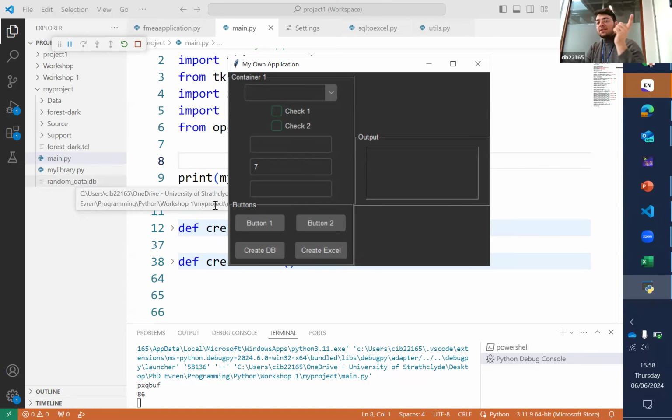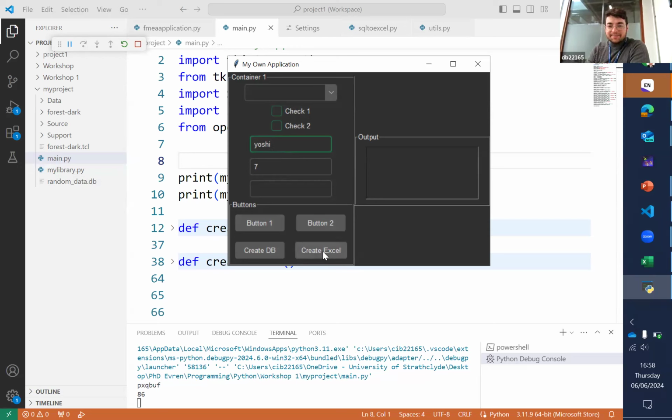So let's see what we have created there. Is it 7 or something? So I will give the name. Let's you choose the name. What is the name of the Excel file that you would like to give? Just give me a name. What is it? Yoshi. Let's put Yoshi